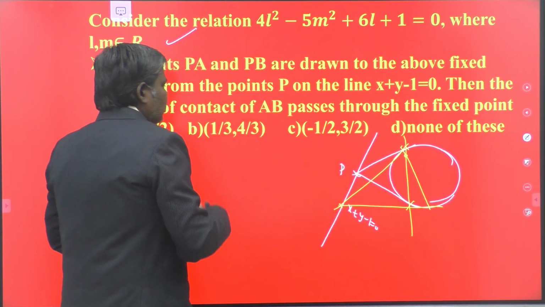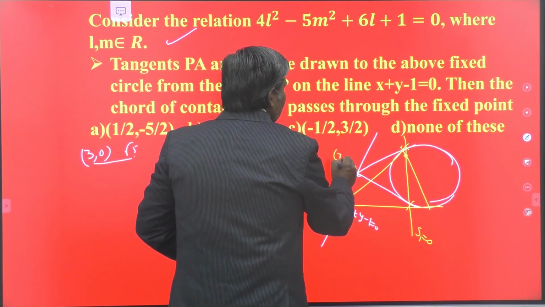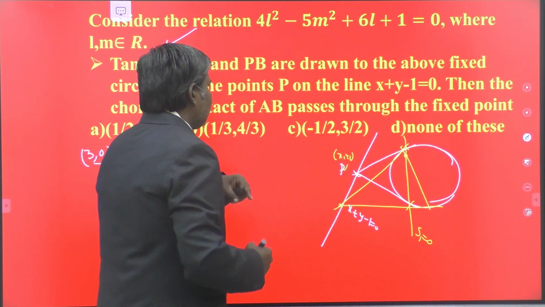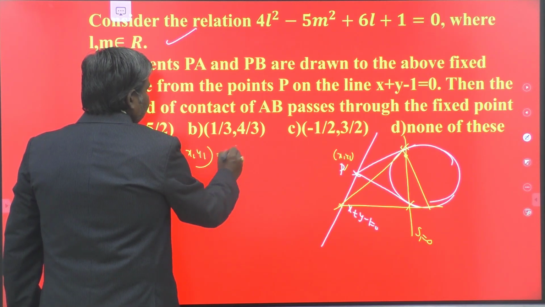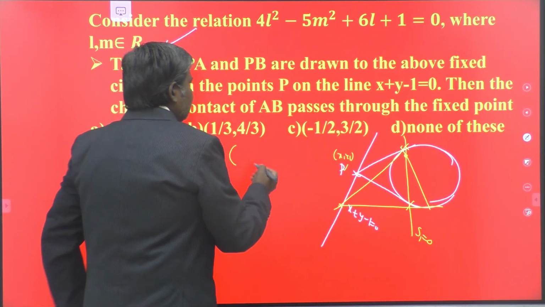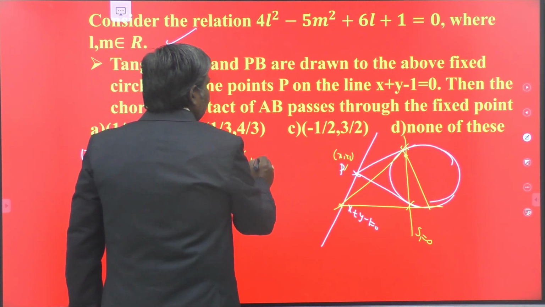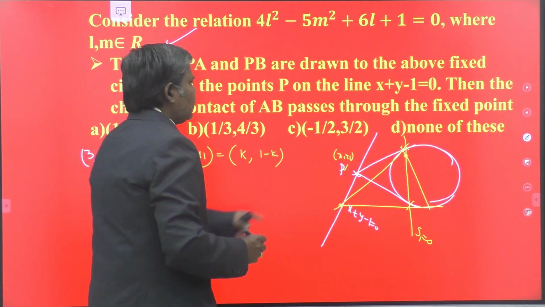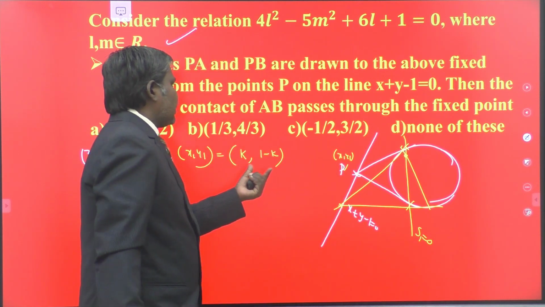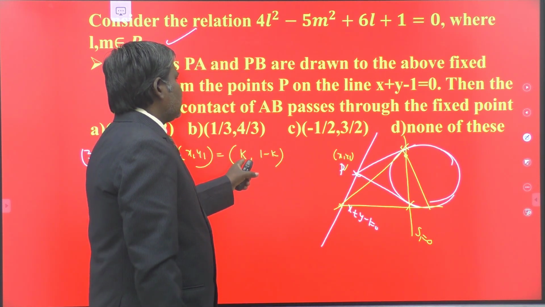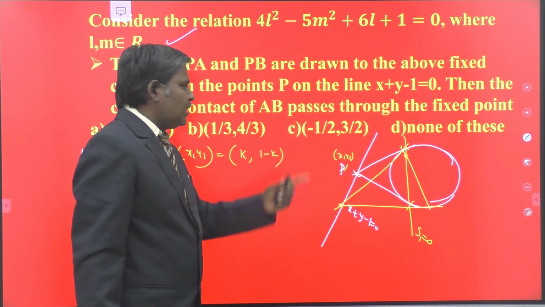So all of you know that the chord of contact equation is what? S1 is equal to 0 for any point P (x1, y1). Understand? So let (x1, y1) be any point on the line, taken as some k. For x equal to k, what about y? Y is equal to 1 minus k. Am I correct or not? For x equal to k, y is equal to 1 minus k. This is any point on the line x plus y minus 1 equal to 0. What is x plus y? Here k plus 1 minus k, it gets cancelled. This is any point on the line.